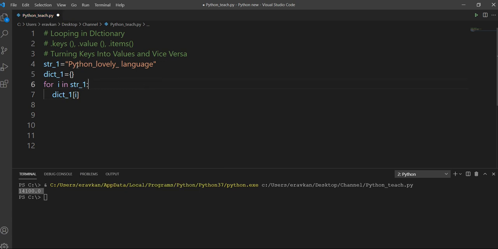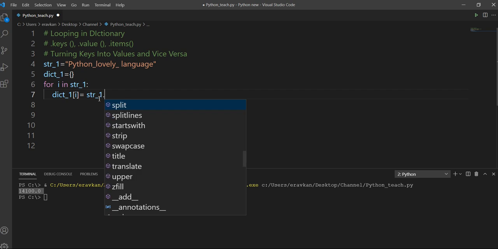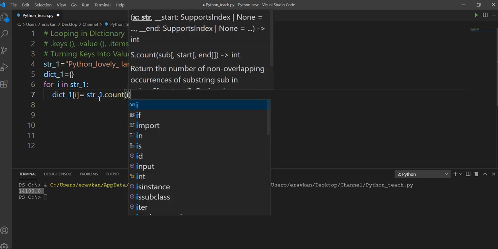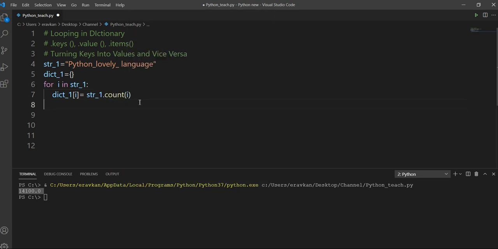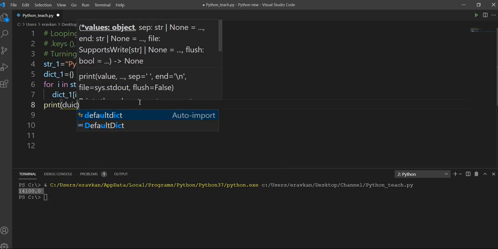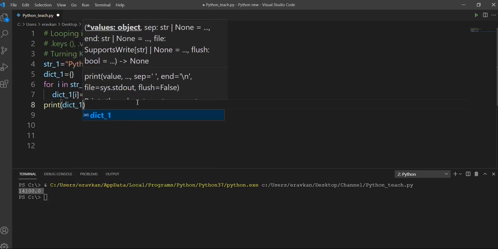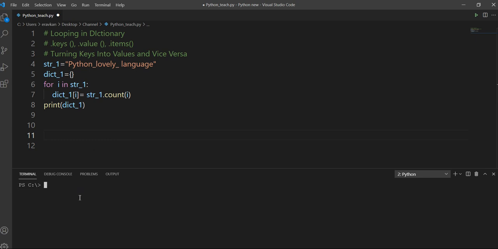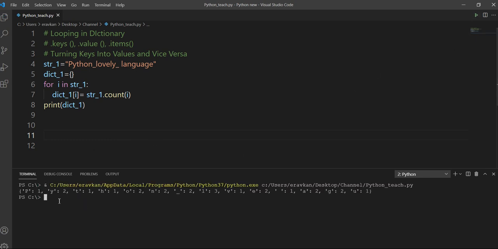The key will be first P, then Y, and its value I will take equal to str_one.count of that particular character. If I print dictionary_one now, it will contain the count values, how many times a particular letter has occurred. So P is one time, this underscore is two times. So in this way, I can count the characters in my word.